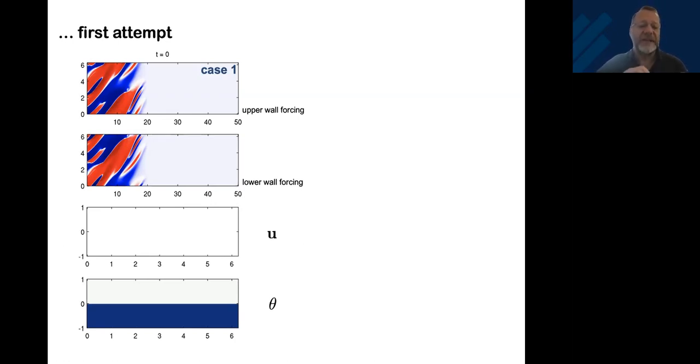So we see that the upper wall forcing and the lower wall forcing in the XT diagram look as if there is a wave going down over 20 time units. Then after 20 time units, that's our time horizon, nothing is allowed anymore. We're done with the mixing. After that, the flow will of course have residual inertia and move on, but we're not doing anything actively at the wall. So let's see how well we're doing with a fluid instability.